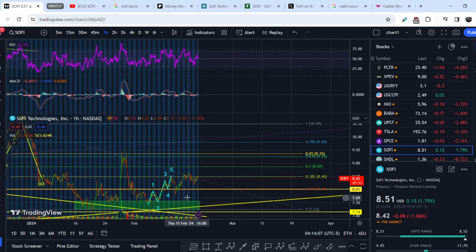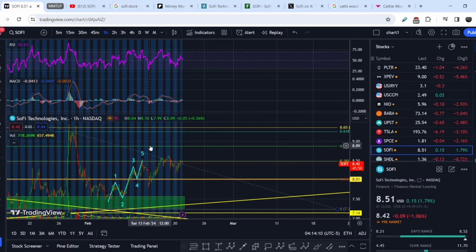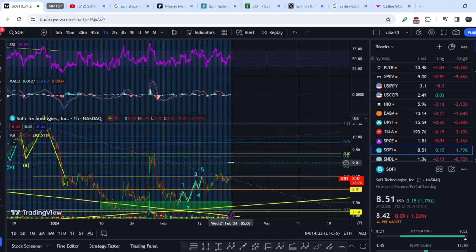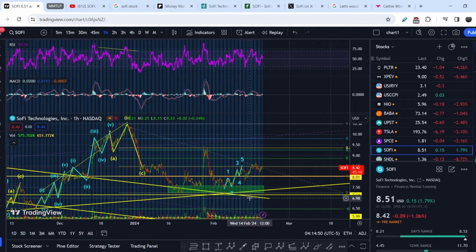trend for SOFI. Only on a smaller scale, as you can see, I made this breakdown for its latest movement. And for now, if I pull the Fib retracement tool from this bottom to this top, as you can see, we hit exactly the golden pocket range and had a very good reaction. And so far, we didn't break even this swing high in order to conclude that we might have the next leg to the upside. That is why, guys, wait for more confirmation, wait for the confirmation of breakouts above previous swing highs or swing lows, with the conviction of volume. And if it happens, we might make a conclusion on which direction this asset will go